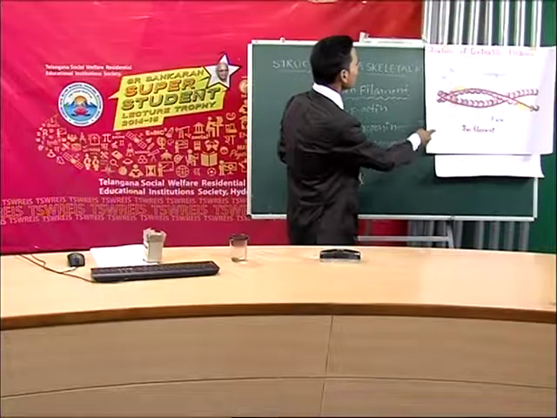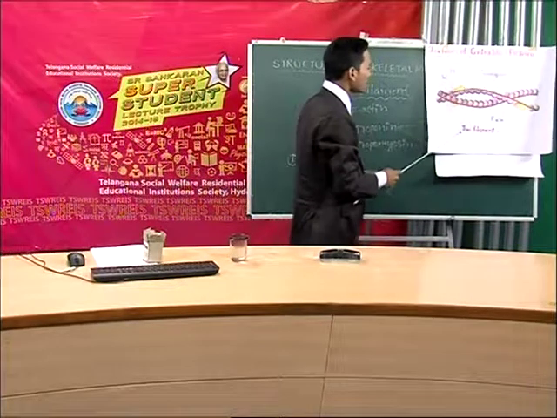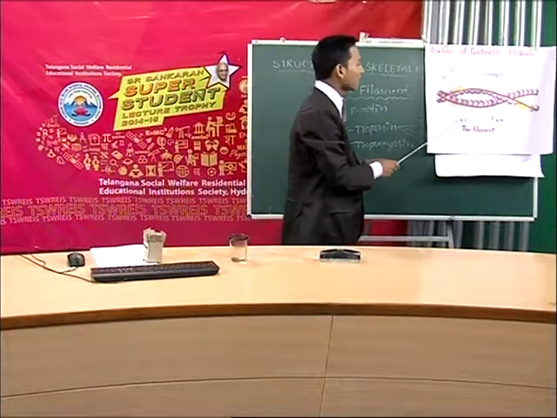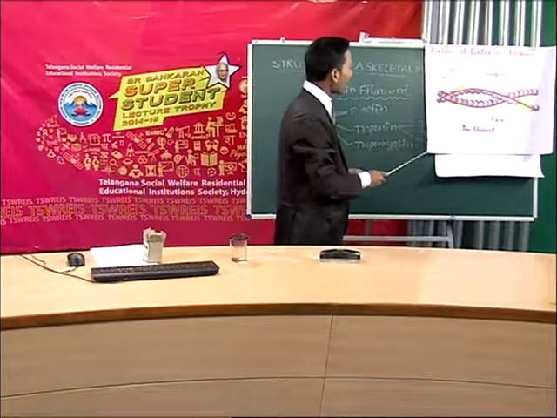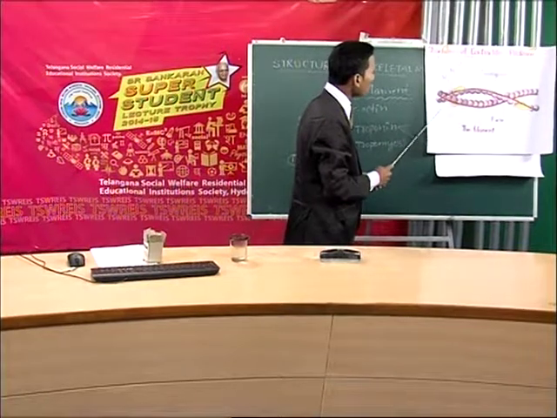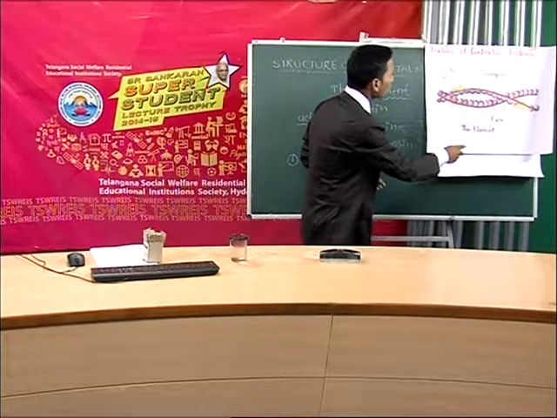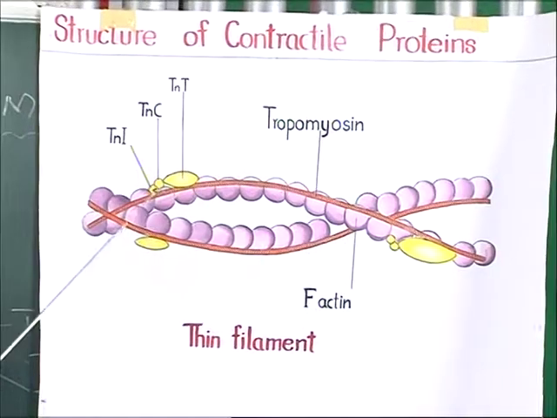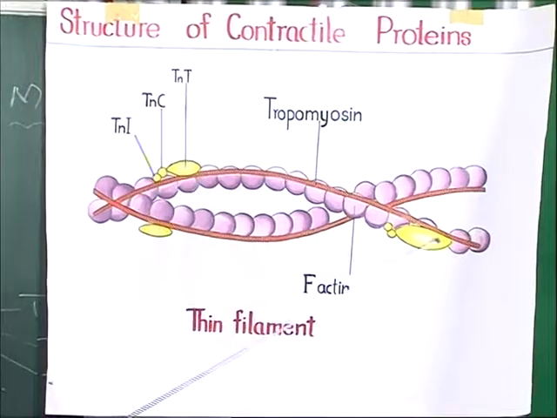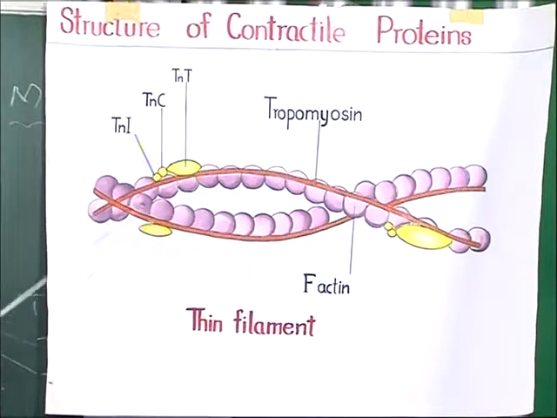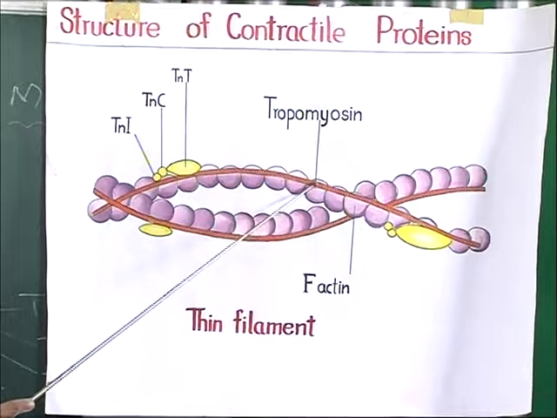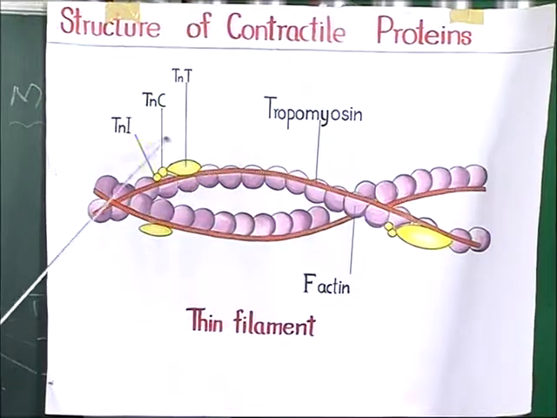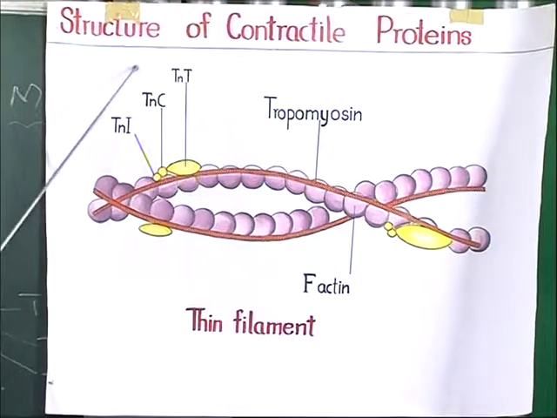So this is the structure of the contractile protein of thin filaments. Thin filaments are nothing but actin filaments. Each actin filament is made up of 2 actin filamentous molecules. So these are the G globular actins. It is one filamentous molecule chain, and it is another filamentous molecule chain. So it is an F actin, and this is a tropomyosin, and this is a troponin having the 3 polypeptides.